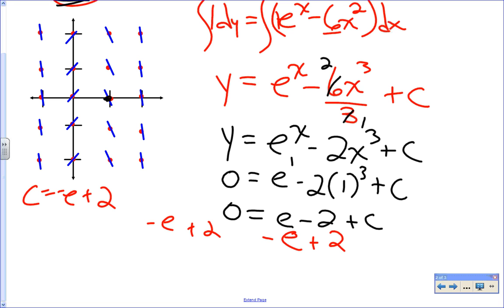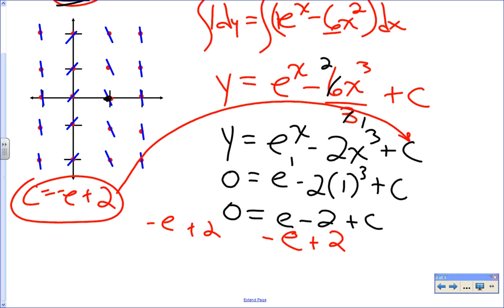Is negative e plus 2, is that what this graph is? Well, no, that's the constant of this graph. And I would leave it that way because that's more accurate. Okay, I could get a decimal, right? It'd be negative 0.1828, something like that, right? 71828. But what we're going to do is actually take this information and substitute it into everything else I know,